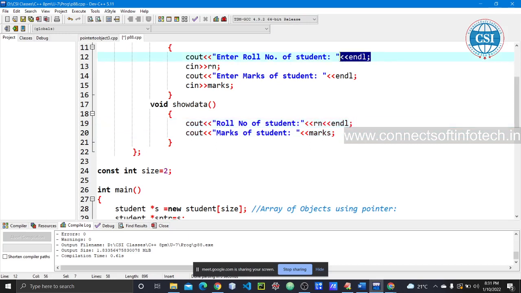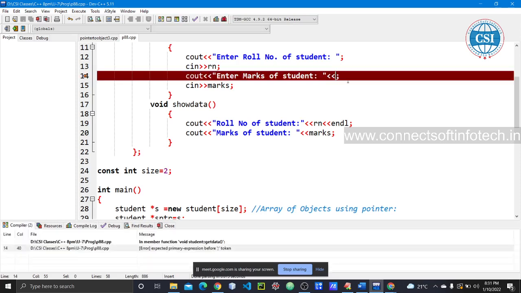Okay, so I am just going to remove this newline, so that it will be shown in one line. That's it, right?